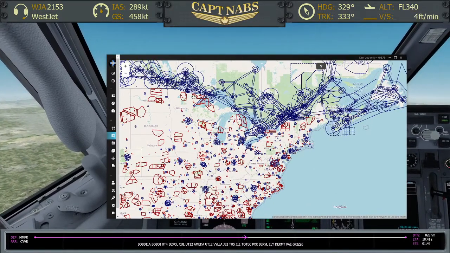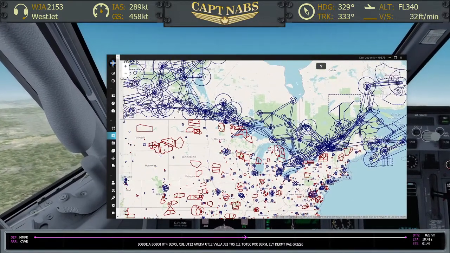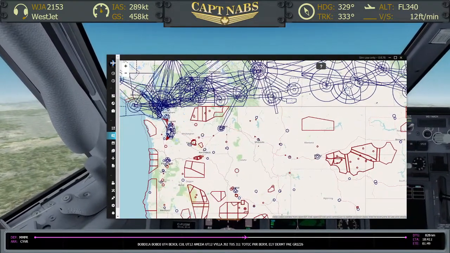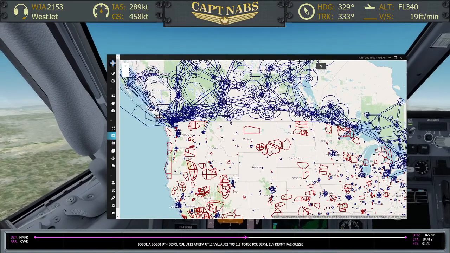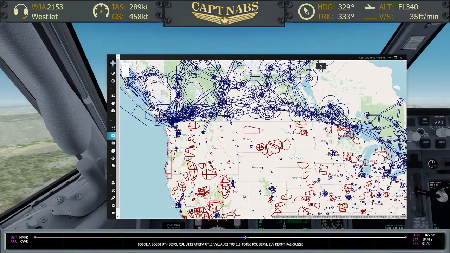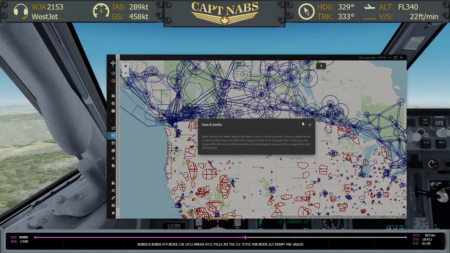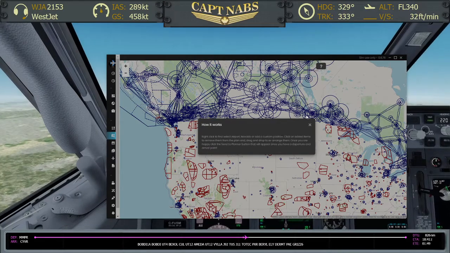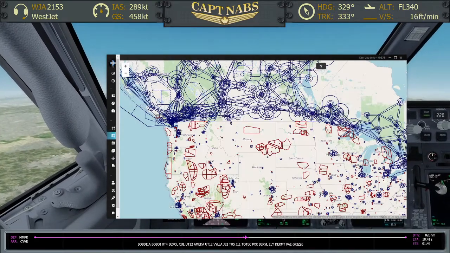That looks like airspace, defining where Class E airspace is, and Class B and D, and everything in Class F airspace. Right-click to find, select, nav aids, or add a custom position. Once you're happy, click to send to the planner. Oh, okay, so you can...